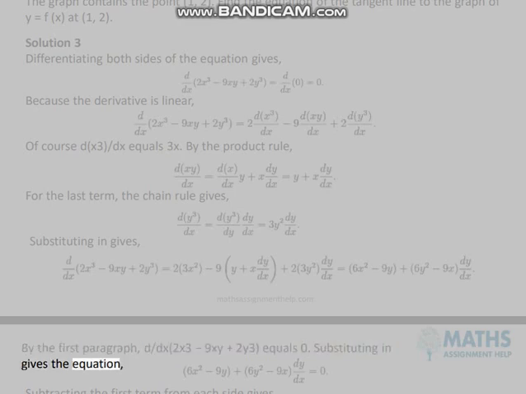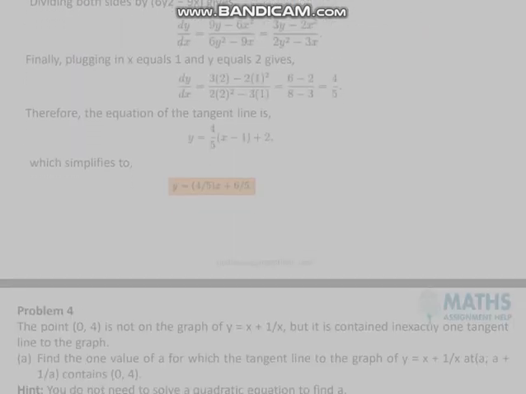Substituting in gives the equation. Subtracting the first term from each side gives, dividing both sides by 6y^2 minus 9x gives, finally, plugging in x equals 1 and y equals 2 gives, therefore, the equation of the tangent line is, which simplifies to